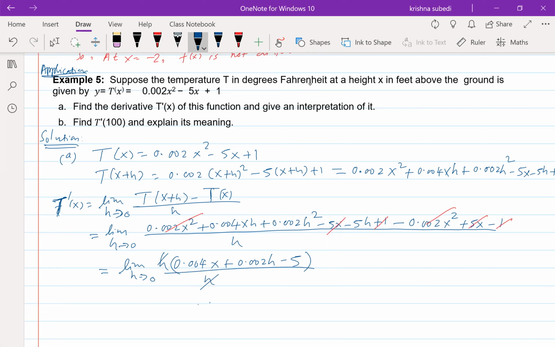Step 3, evaluate the limit. So our derivative is going to be